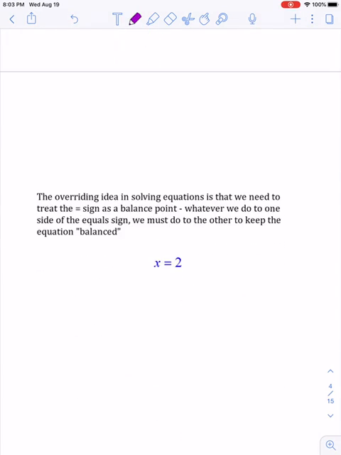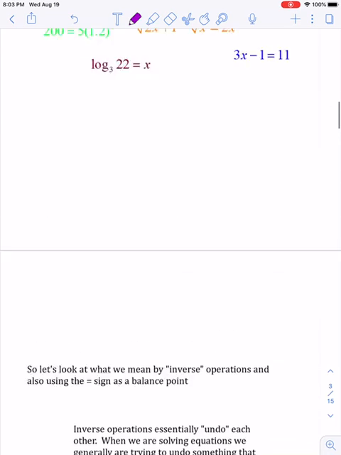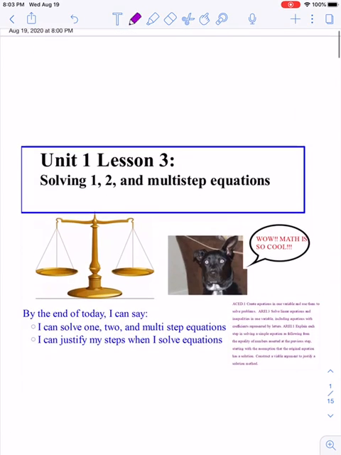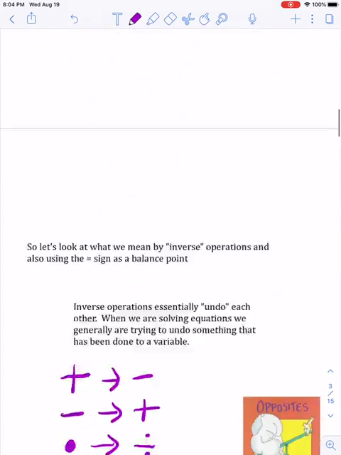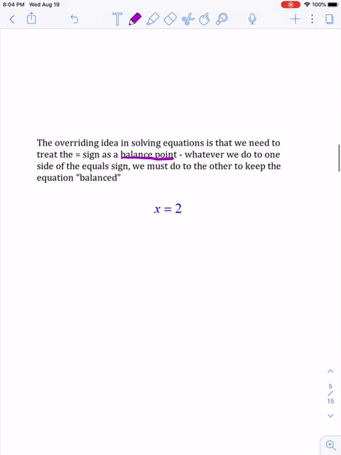So the overriding idea when we're solving equations is we've got to think of this equal sign as like our balancing point. So if you think about a balance or a scale, right? I think I had a picture up here. On the first one, if I add something to this side, I need to go ahead and add something to the right hand side so that I keep it balanced, right? What I do to one side, I have to do to the other side. Same idea with solving equations. Whatever I do to one side of the equal sign, I have to do to the other